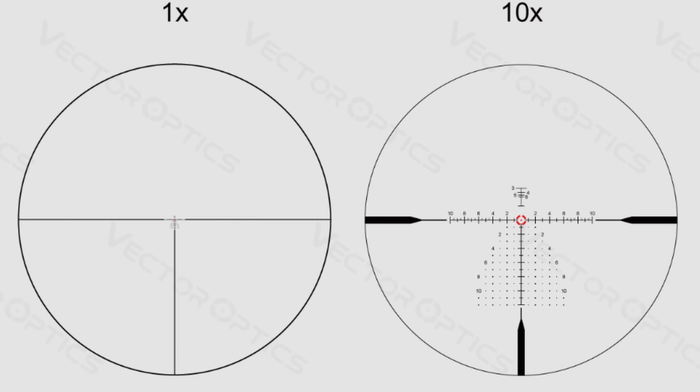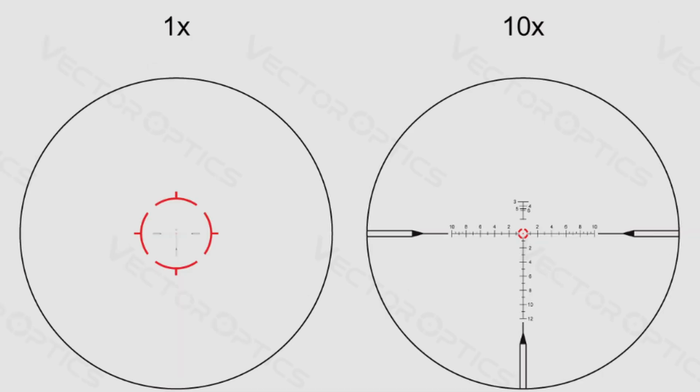Now what this means is that it is much less usable at 1x, but gives you a lot more information at distance. The VET RAR, which is the one that I currently have, has the outer circle at 1x that of course gets bigger until it eventually disappears from your field of view. However, it does not have any sort of mill holds for your wind. It does of course have your mill drops in a straight line below the target, but it forgoes your Christmas